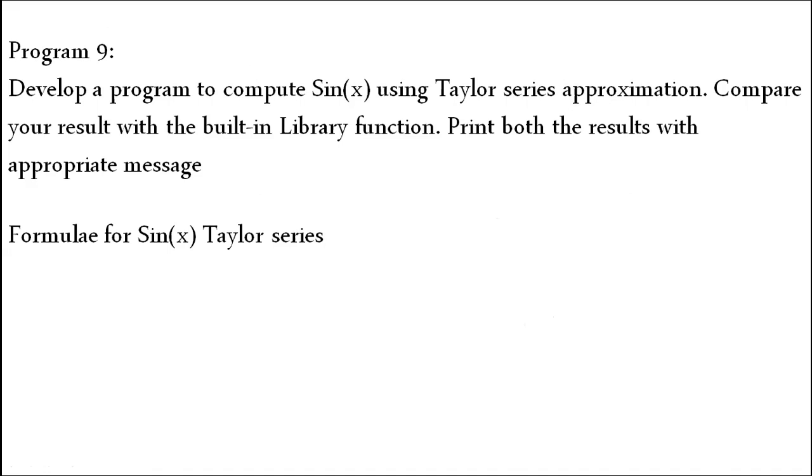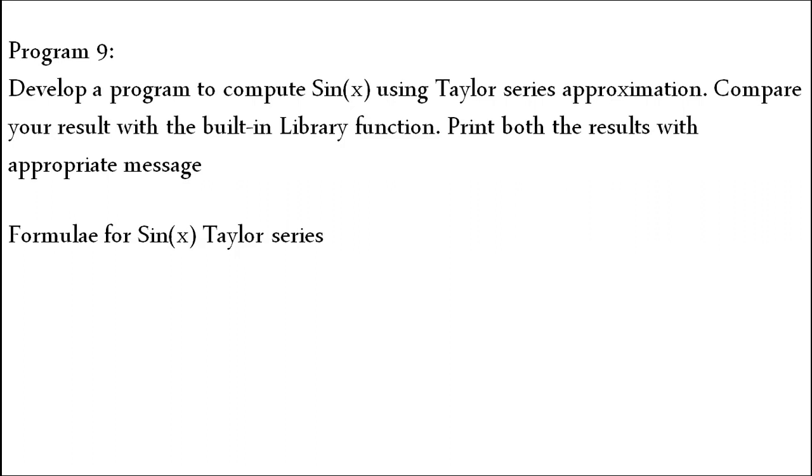So here what my question says is we have to write a program that is in the method of Taylor series in order to find the value with respect to sine. And we have a built-in library function in our mathematical library where if you define sine with respect to x, that is our 60 degree, 40 degree, 50 degree, 90 degree, whatever the degree you specify with respect to sine, automatically the value will be provided by the library function. That is one method. One more method without using library function.